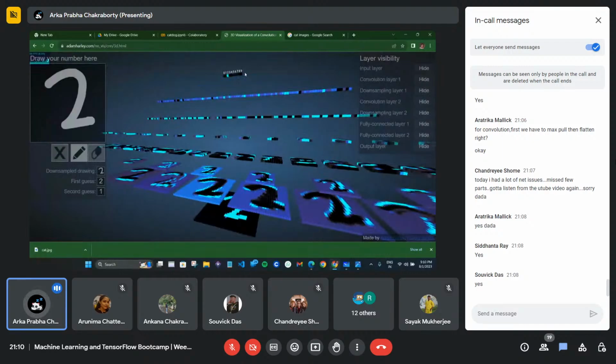See, these are also neurons, right? What I have told you, the number of classes will be your output neurons. Here we have 10 neurons. My classification was for the number 2, so for my number 2 it is giving my output.